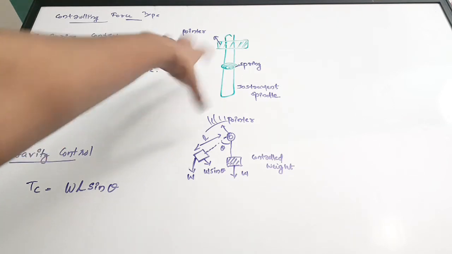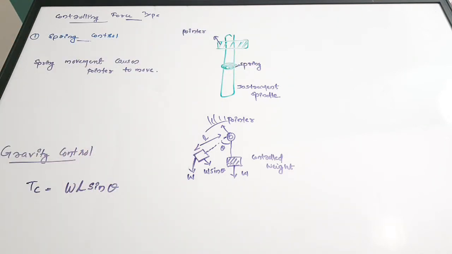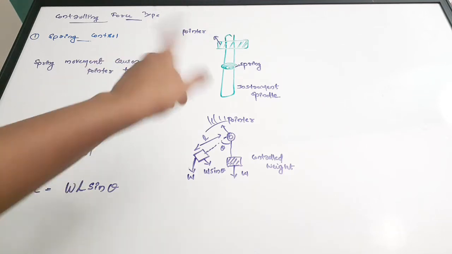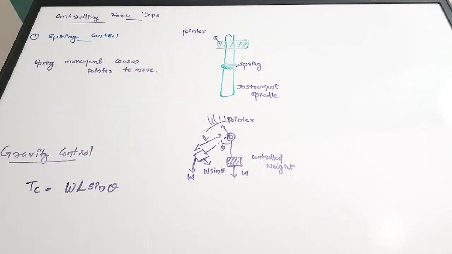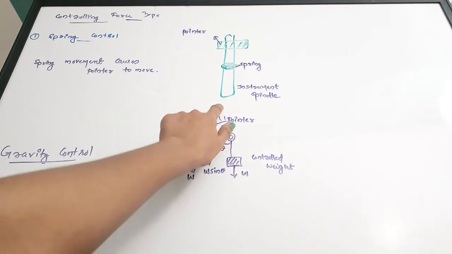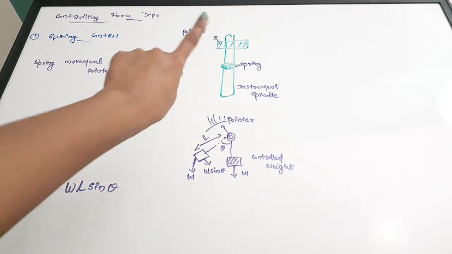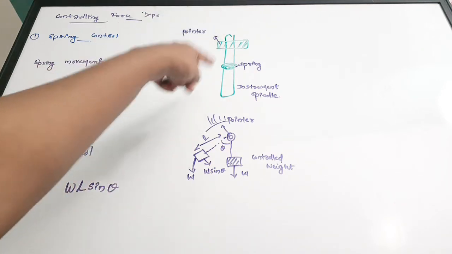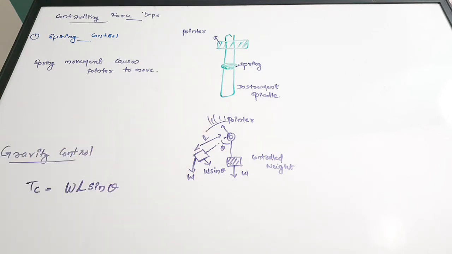So the first one is spring control type. There is a spring which we are actually making use of to cause the pointer to move and come back to the steady state. So consider that whenever a pointer connected to this spindle is deflecting, the spring gets tightened up. Okay. So the spring will tighten up and it will have a tendency to unwind. And this tendency, or the repelling force which will tend the spring to unwind, will cause the pointer to be brought back to the initial or the steady state.